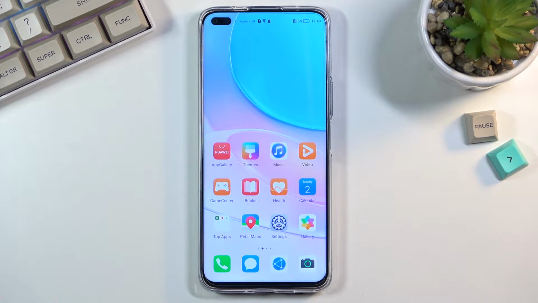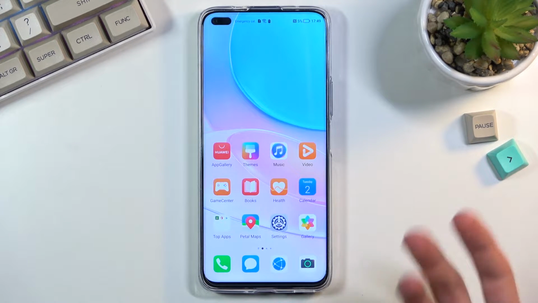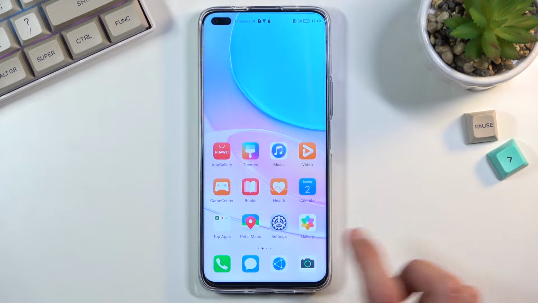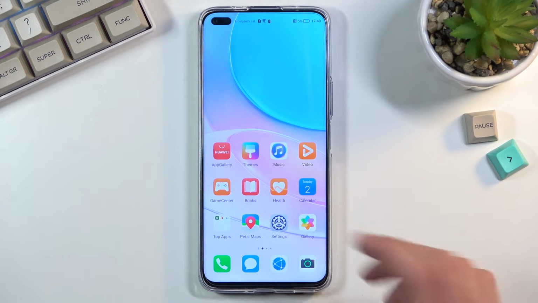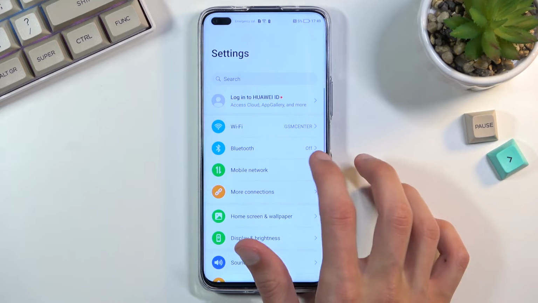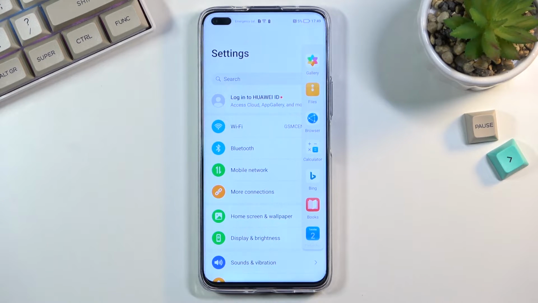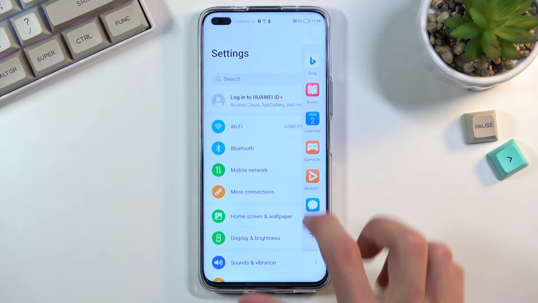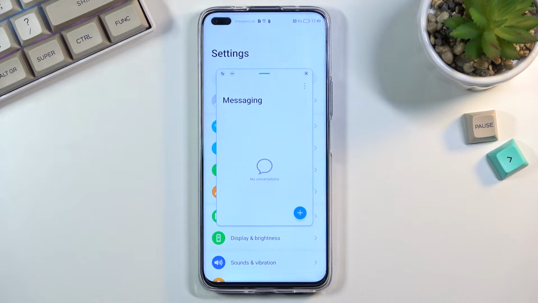Now, panel, whatever, right? It's just a panel, no one really cares that much about it, but the benefit of it is if you are in some kind of application, you can pop out the panel and simply access some kind of application, which will open up in a pop-up view like so. And personally, I do use this feature quite a lot,